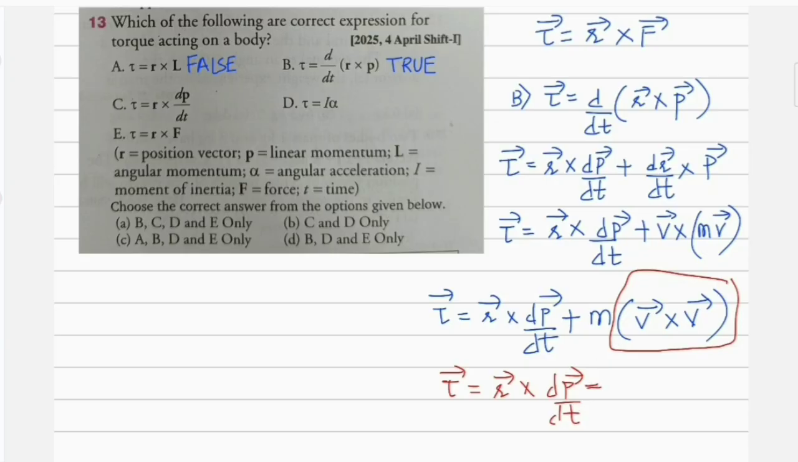And later on you could write this tau vector as r vector cross, tell me what is dp by dt? Sir, this is nothing but force, very famous formula, right? Tau vector is equal to r vector cross f vector. So tell me, is B true or not? By assuming B is correct, we solved it completely for you. What did you understand, students? Tau is r cross f, so obviously formula E is true,